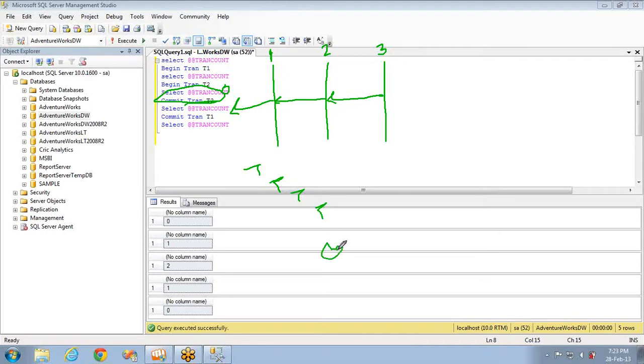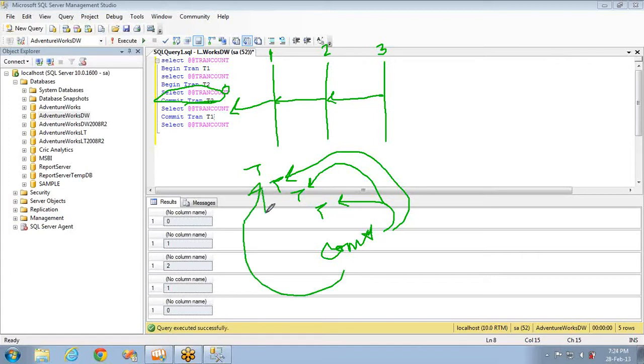If I write a simple commit, without specifying any name, then it will commit the innermost one. If I write one more commit, that will commit the next transaction, and the next commit will commit the third one, and one more will commit the fourth one. This is the order in which it commits. Always remember, in nested transactions, it commits the innermost one first.